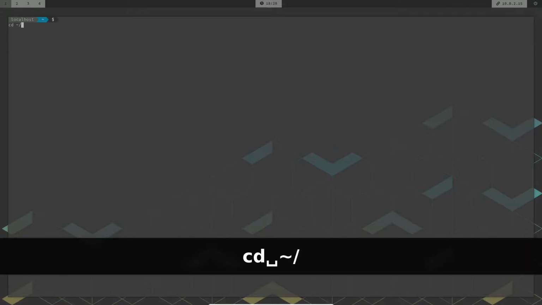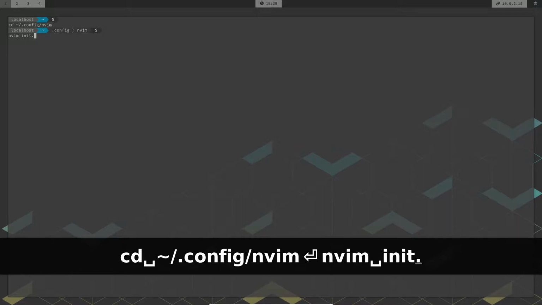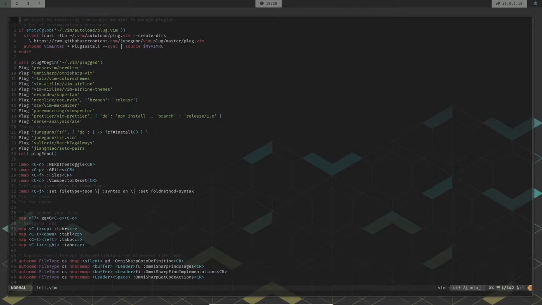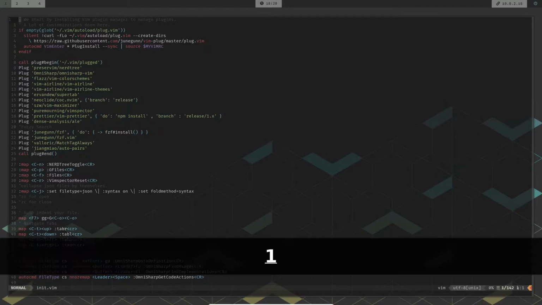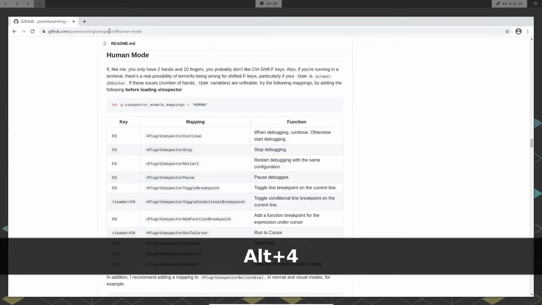With that in mind, let's quickly jump into our config folder, go into our NVim folder, and open our init.vim file, which is our Vim initialization file. One of the things that you'll notice here in my plugin manager configuration is line 17, where I have installed the Vimspector plugin. That's the line that installs it.